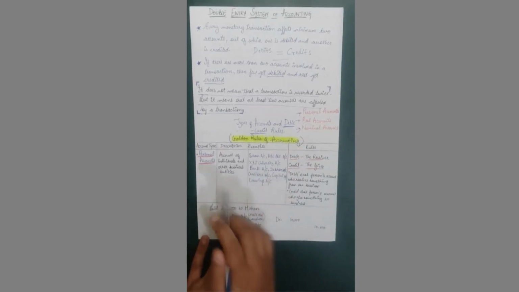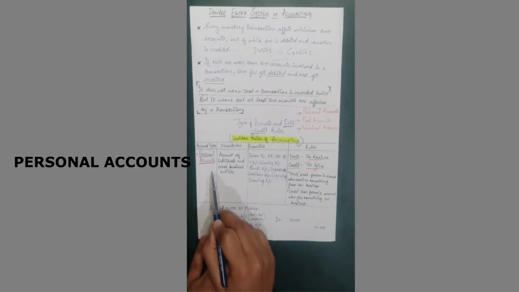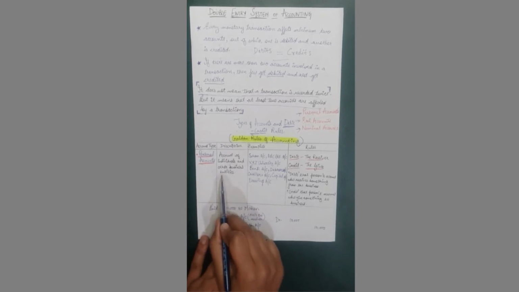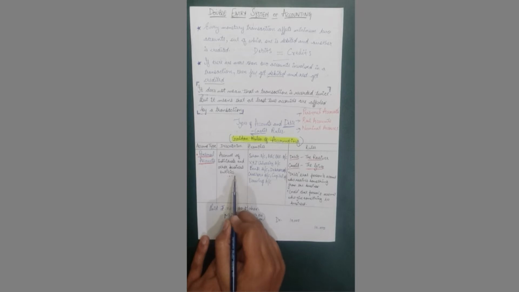So firstly, I'm going to discuss the personal accounts. Right? What are the personal accounts? See, personal accounts are the accounts of all the individuals and the business entities, organizations or institutions which are interested in the organization, which are involved in your business. Right? So with any individual, with any business organization or entity, your business is getting involved with, your business is getting into a contract with,